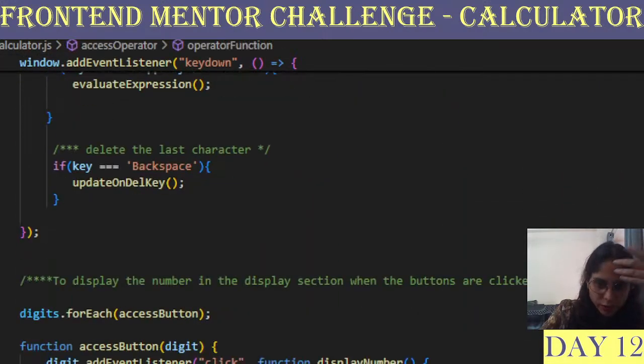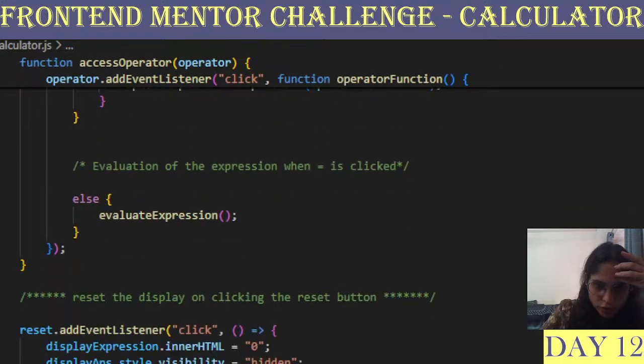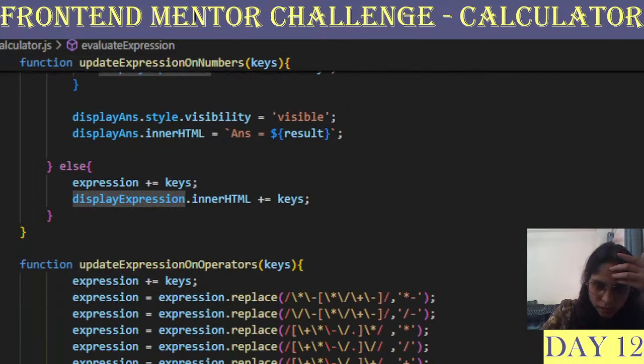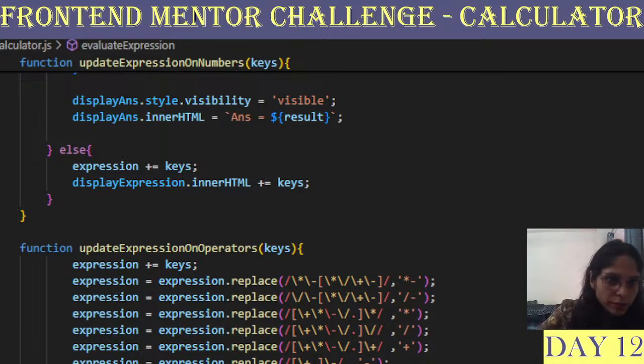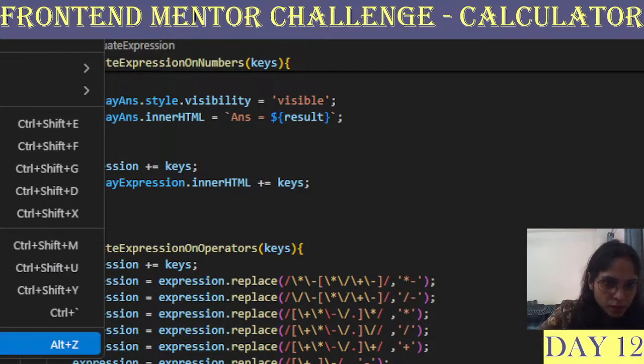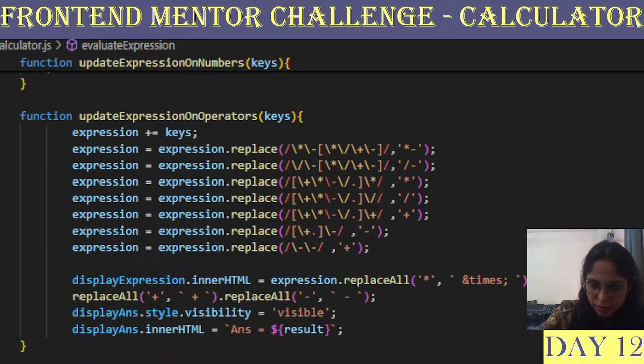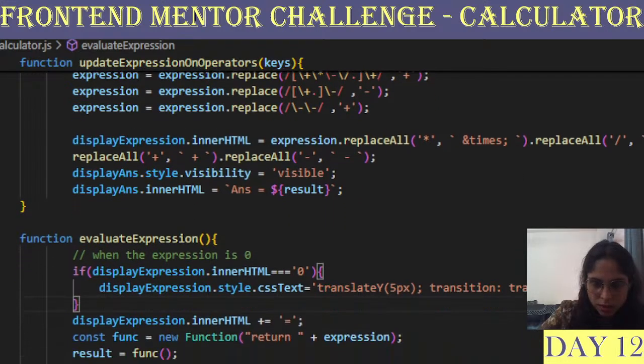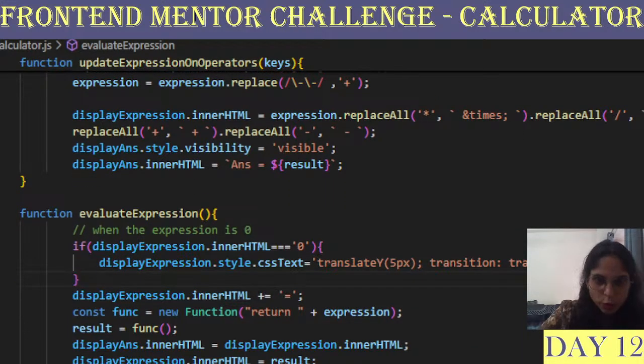Yeah, and there is no need for display keys and all of that. So there were lots of ways. I found this the easiest one. Yeah. So let me do word wrap. Yeah, I hope you can see this. So just expression dot replace all instead of having different,